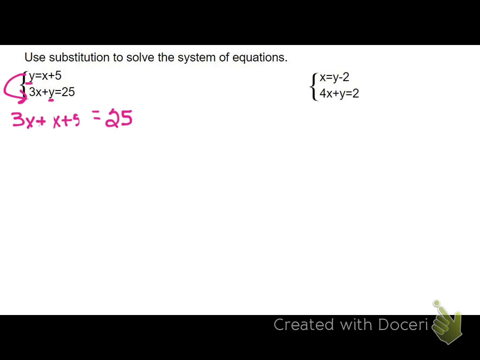You don't have to, but you can. Okay, so I have an equation that I need to solve here. Now, when I go to solve multi-step equations, the first thing I'm going to look to do is see if I can distribute. Can I distribute? No, I can't distribute. If I can't distribute, what's the next step I look at to do? Can I combine like terms? Yeah, 3x plus x, which equals 3x. Now put a 1 in front of that x by itself, so 4x. So I have 4x plus 5 equals 25, okay? So now I have a two-step equation, minus 5, 4x equals